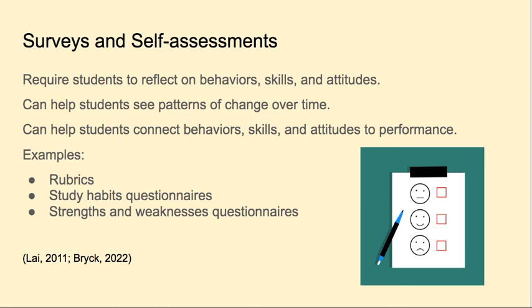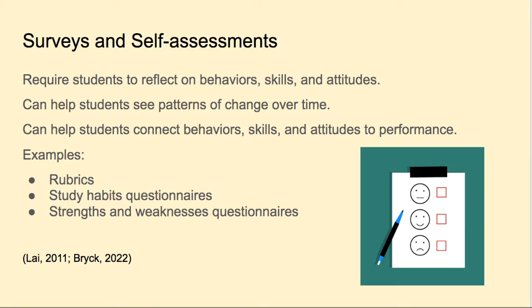The final activity I have are surveys and self-assessments. These are also low prep activities because you will have to find and copy or post the surveys and assessments. Because metacognition is all about reflection, these are excellent ways for students to review their performance, their regulation, their planning, their evaluation of products. And if these are collected, students can also see patterns over time that they can reflect on, which can again help build that virtuous loop.